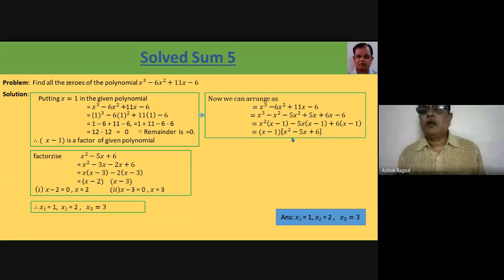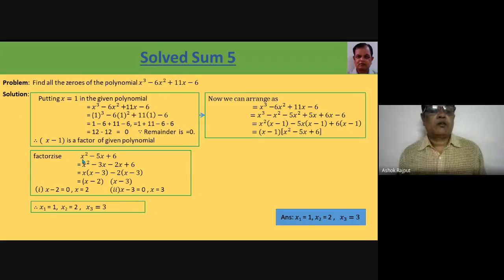Are you seeing here? So you will arrange here. No, there is no need to divide it. You can arrange this way. After that, we are saying it is the first factor, and now we will factorize this one by the splitting